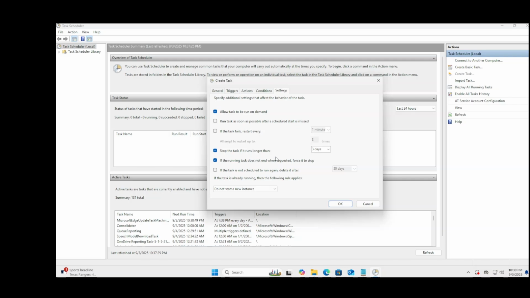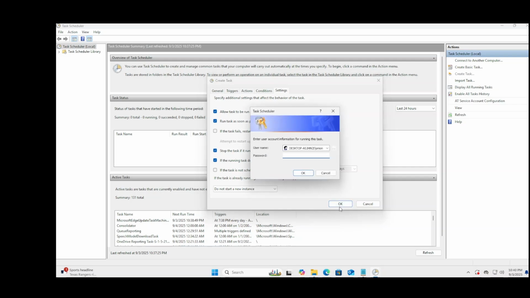This is basically if it fails, if it doesn't do it, when can you put it back in there? You want to select run task as soon as possible after a scheduled start is missed. So if you were doing something for one reason or another and it wasn't able to reboot, selecting run task as soon as possible will allow this to get set and run when it's ready. Then you click OK, put in your password,